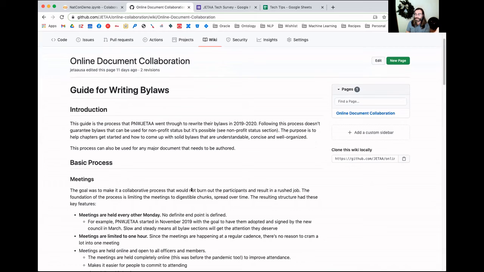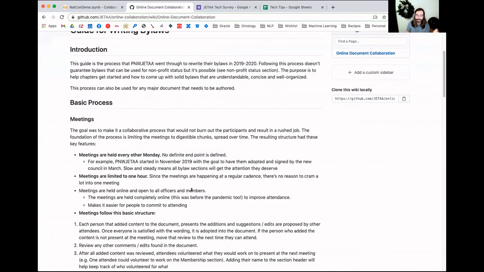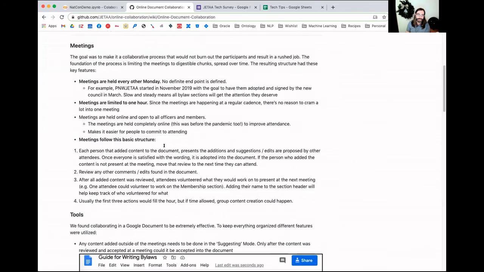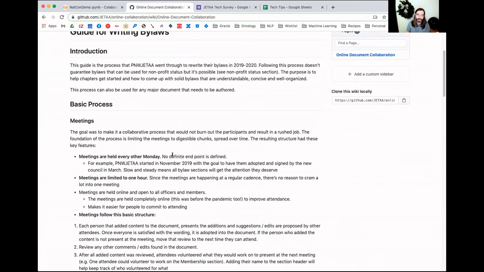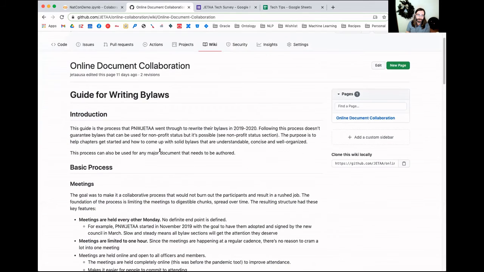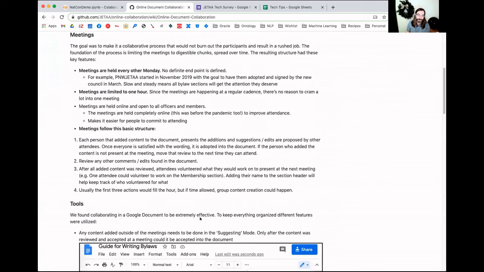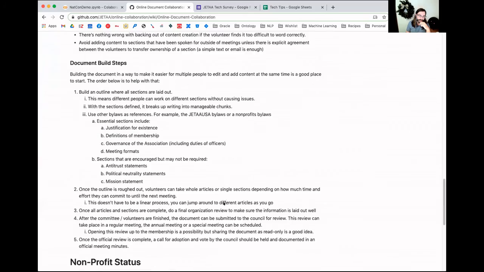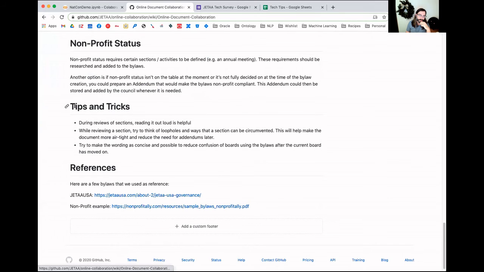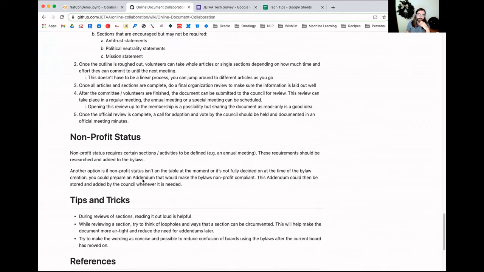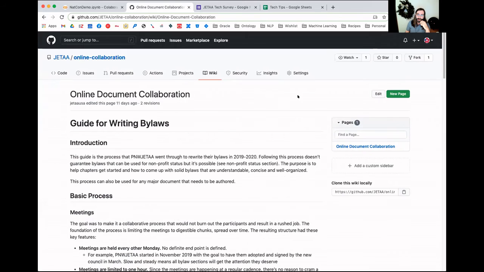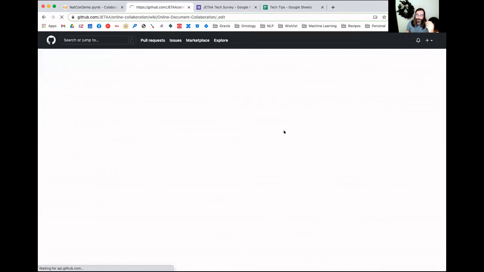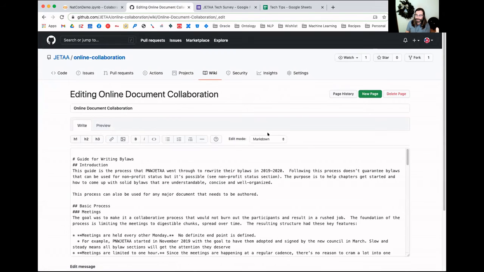This is what PNWJ did to create the new bylaws, and this document showcases everything you really can do with the wiki, with the different styles. You can insert images, there are some links down at the bottom, and there are different sections and stuff like that. And since this is my account and I can get into it,